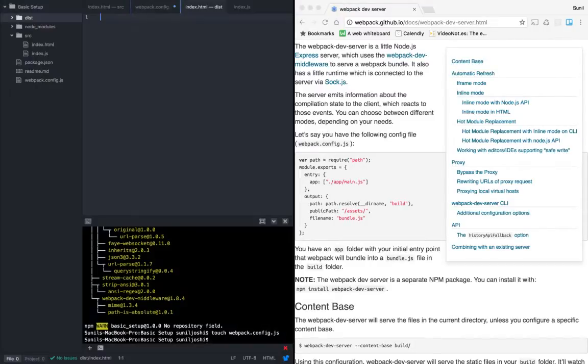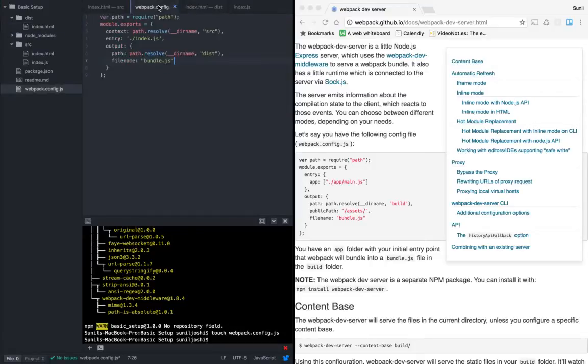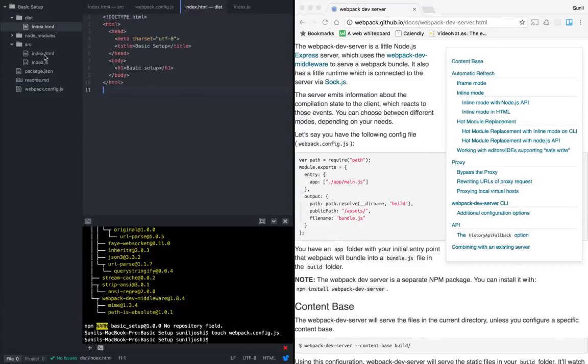And let's have our file which is index.html. I know I'm duplicating the file, but just to see whether our webpack dev server is running, I'm going to create the same file which you have in the source. Later we're going to do some npm scripts to copy this file into the dist folder, right? But right now let's keep it simple. Let's see if we can see this index.html.